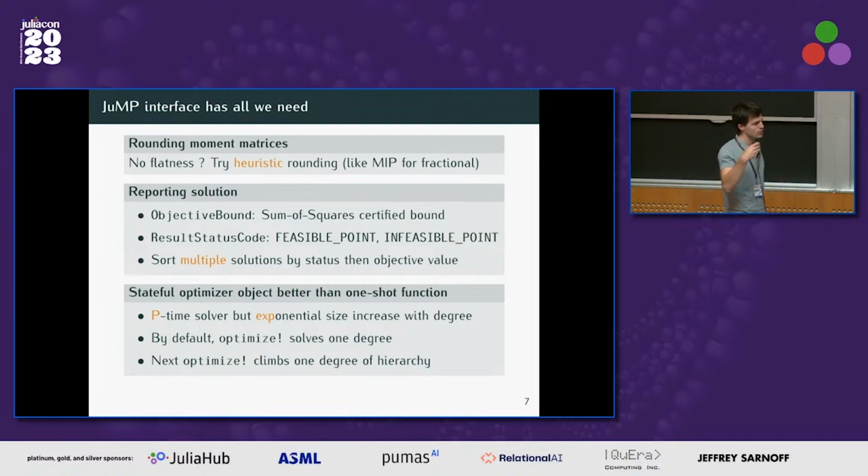And then for this issue of this hierarchy of increasingly large degree, it's kind of tricky because we know that for any degree, we just need to solve some semidefinite program. So this is polynomial time, so this is fine, but we don't know which degree we need. And when we increase the degree, the size of the program that we need to solve grows exponentially. So usually for low degree, you will get quickly the solution, but if you increase the degree, it will get more and more difficult. So if you just do a for loop and increase the degree until you find a feasible solution